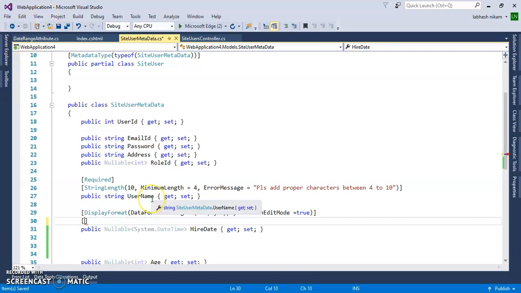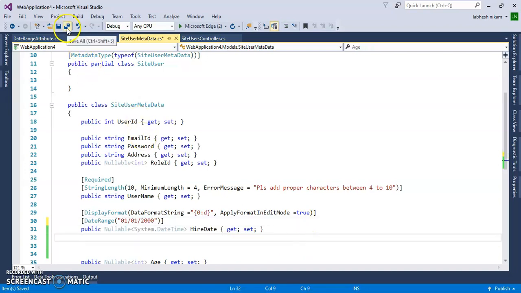Inside of that I will pass the date from which you want to give validation. Suppose 01/01/2000. So it will validate less than 2000 date, or if above 2000, then it will provide the error.